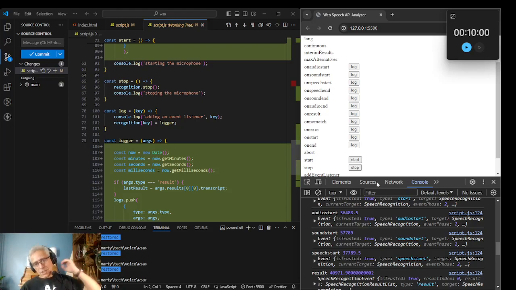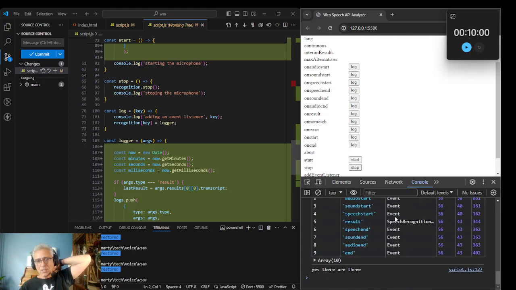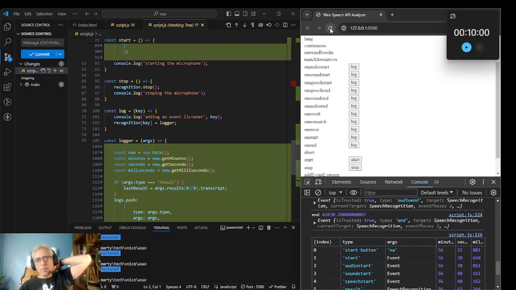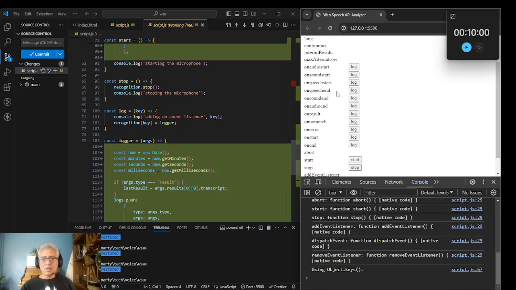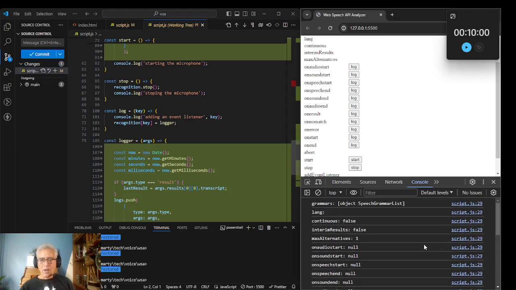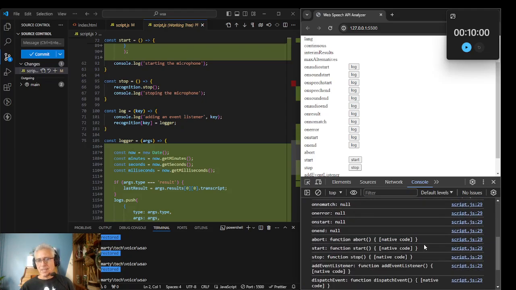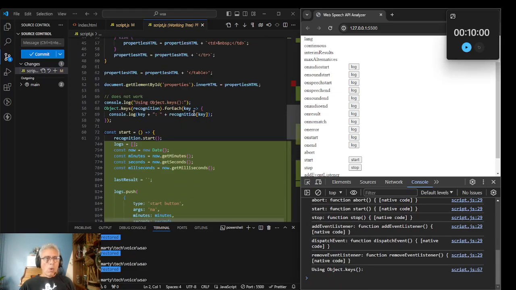Hey everybody, so I'm just trundling along with this web speech API analyzer. I definitely feel like I understand what's going on a lot better. I use the table that I talked about last time. So basically, if I hit refresh, I get whatever the current values of all the keys of the, what's it called,